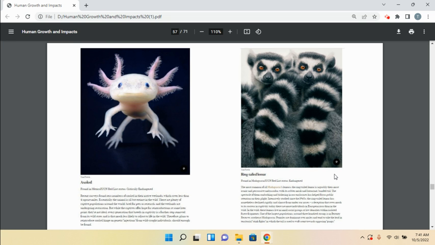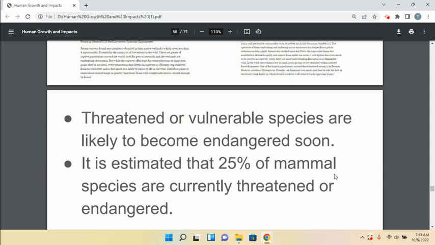We have to figure out how to breed them and get them back in the wild again, or they'll be lost forever. The ring-tailed lemur, another example. It's loss of habitat there, cutting down the places they live, turning them into human populations. The ring-tailed lemur is almost exclusively found in zoos these days. There are very few left in the wild.